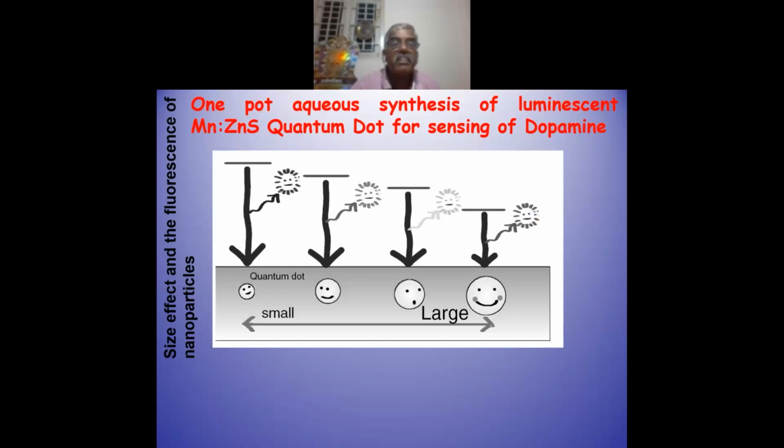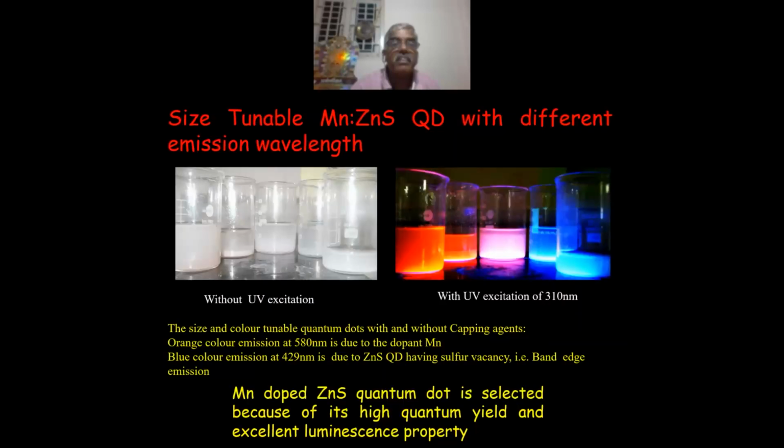These are the different quantum dots I prepared in our laboratory, manganese zinc sulfide quantum dots. When I introduce UV light excitation at 310 nanometer, each quantum dot shows a different color based on the size, because for most quantum dots the size is